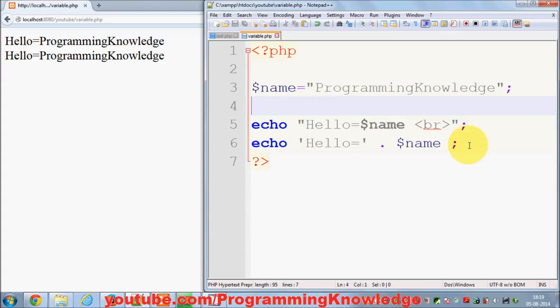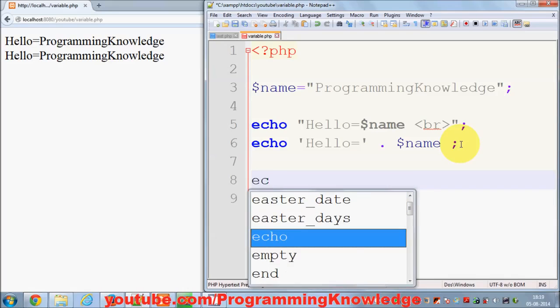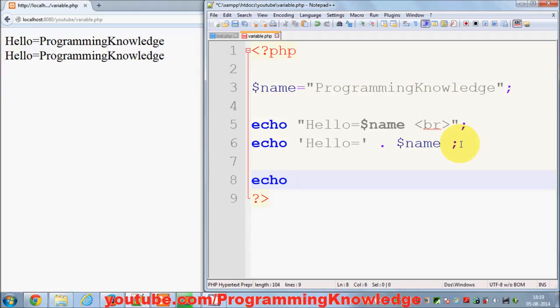Now for example, I want to use some HTML to print out some link, or to show a link in PHP. So for example, I want to do something like this: echo, and in double quotes I want to do a. So this is the tag for showing the link or reference. So href, if you know HTML, you will know what I'm talking about. And the name of the link, for example,